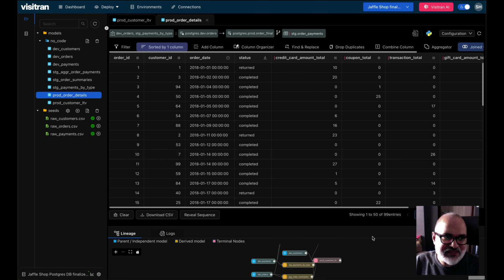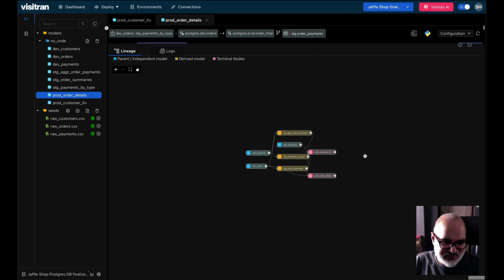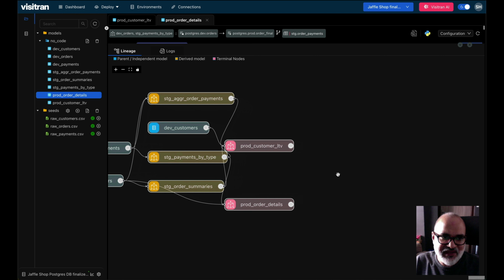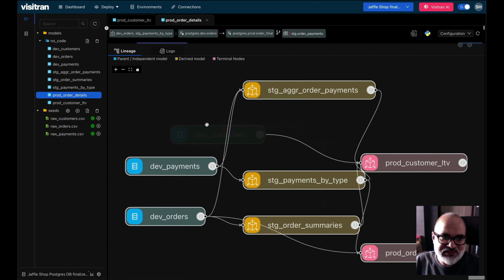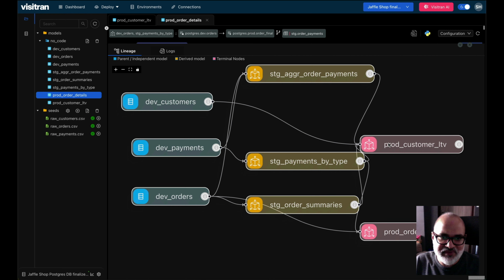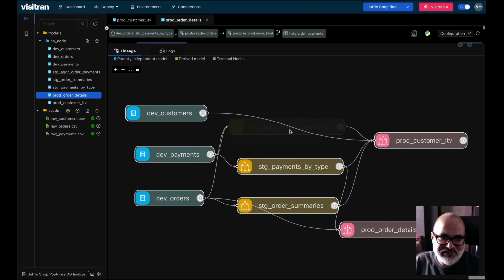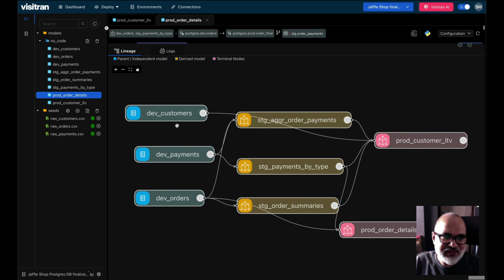But the way we'll construct the models is with something like this. So we will have staging models, we'll have the dev models as well. So before we can come up with the production models, we'll have a couple of staging models as well, right? Now these dev models will directly correlate with the raw data with some changes. We'll go